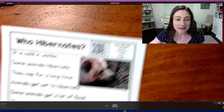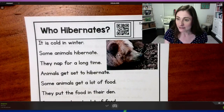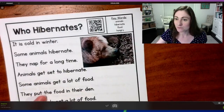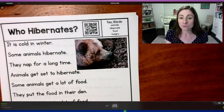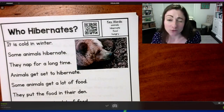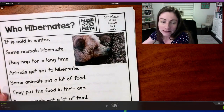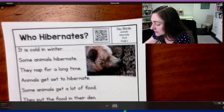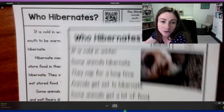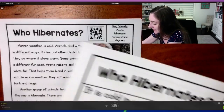The basis of the new stuff that you get every single month as a first and second grade literacy club member, a big part of that is the texts. You get 4 fiction and 4 nonfiction texts. They're leveled. We also try to control for phonics as much as possible because I know everybody's phonics program is different. So this is Who Hibernates, the nonfiction from January, and then it has the same title, but it's a little bit harder. And then we have a little bit harder again, and then we have